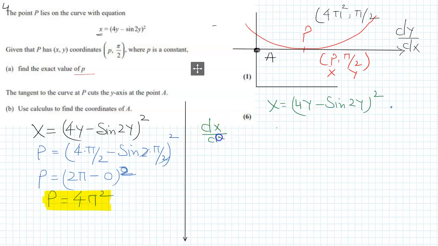So dx/dy is equal to 2(4y − sin 2y) to the power 2 − 1, which is 1. Then the differential of 4y is 4, and of sin 2y is cos 2y times 2. So dy/dx